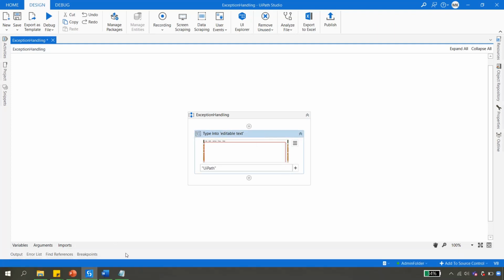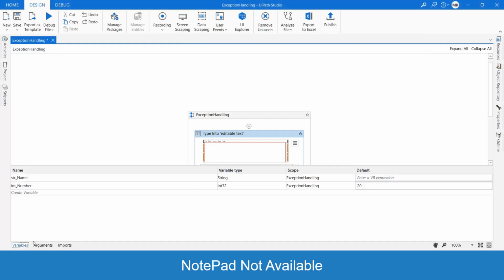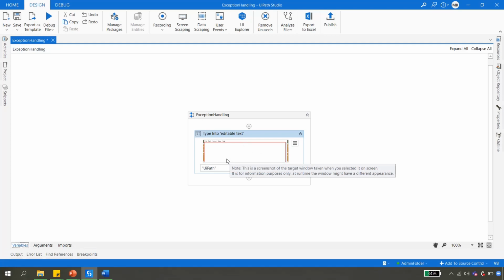Now what happens if this Notepad is not available? If I save everything, do I have an error? No, because everything looks good. But this is an exception which the program cannot deal with, because UiPath will not be able to see whether the Notepad is available or not. As a developer you should always check, but let's say you forgot to check and you are directly using a Type Into activity without checking whether the Notepad is open or not. UiPath would not be able to check that for you. So let us see what happens if we now try to run this file.